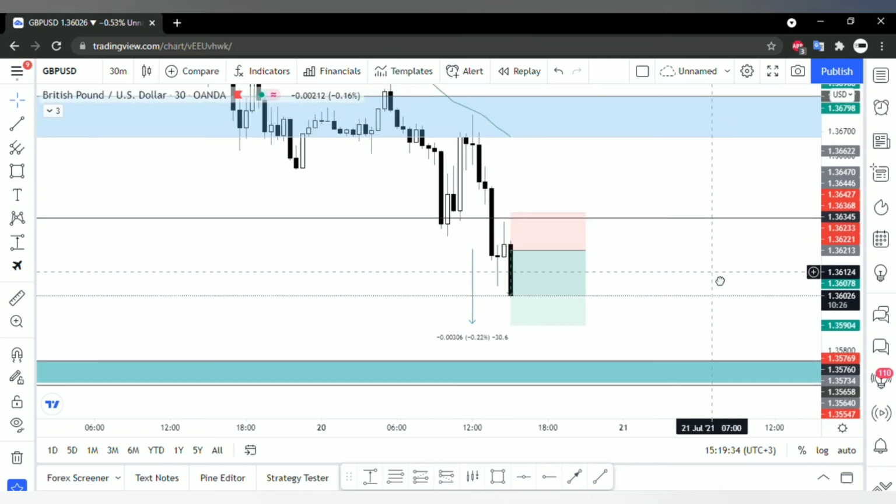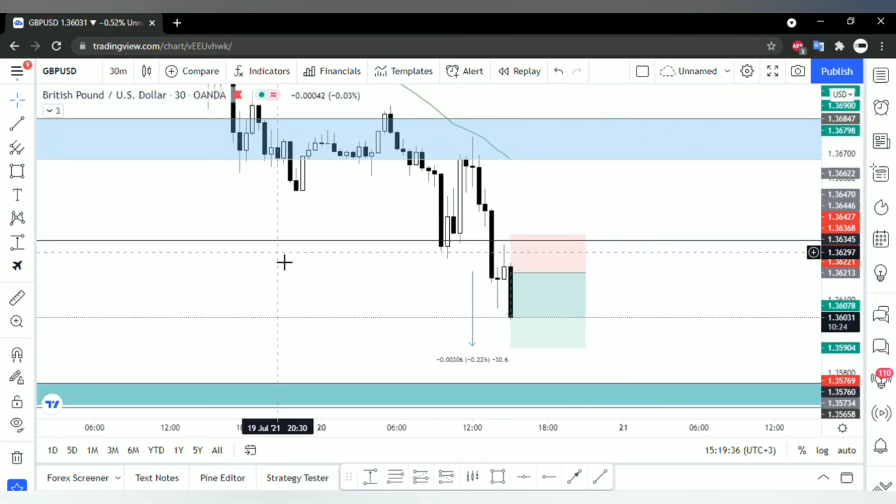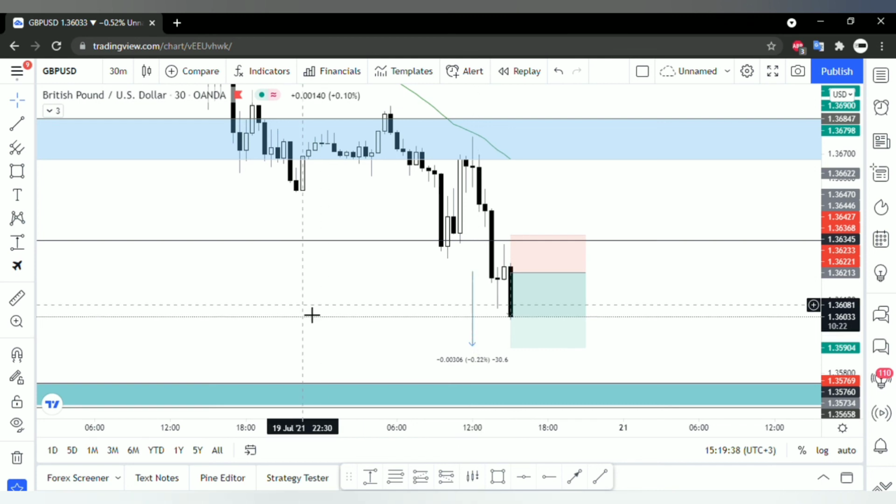So let's just hope that this trade plays out as we've analyzed it, and yeah, keep it locked here at